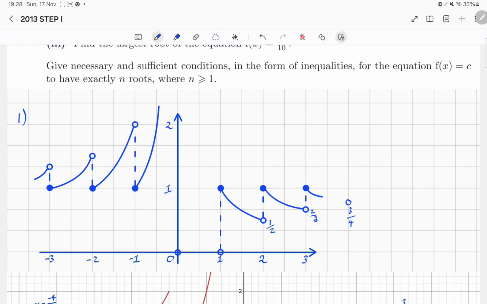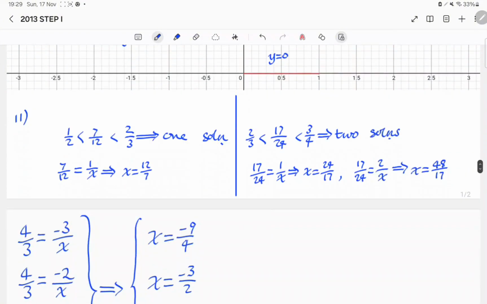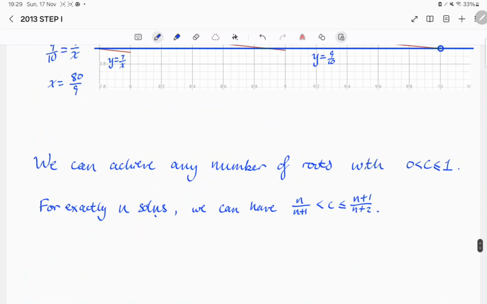Now, we'll look at the lower bounds of these graph sections. Here, we'll see that this point has a value of 1/2, this point is at 2/3, and this point over here, which is off the graph, is 3/4. This all seems to be of the form n over n plus 1,